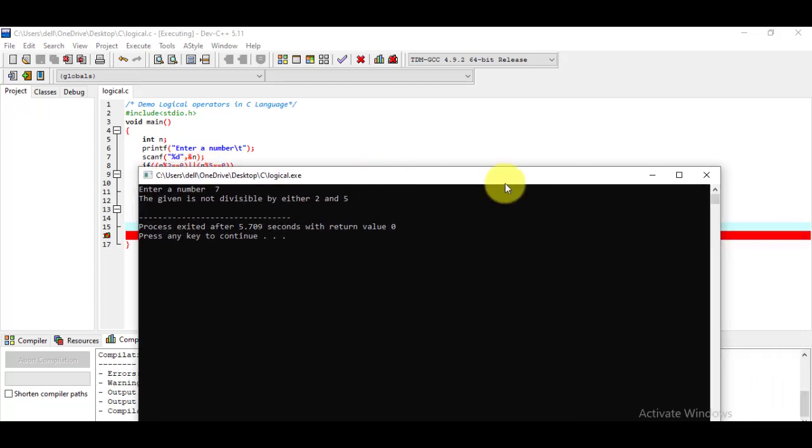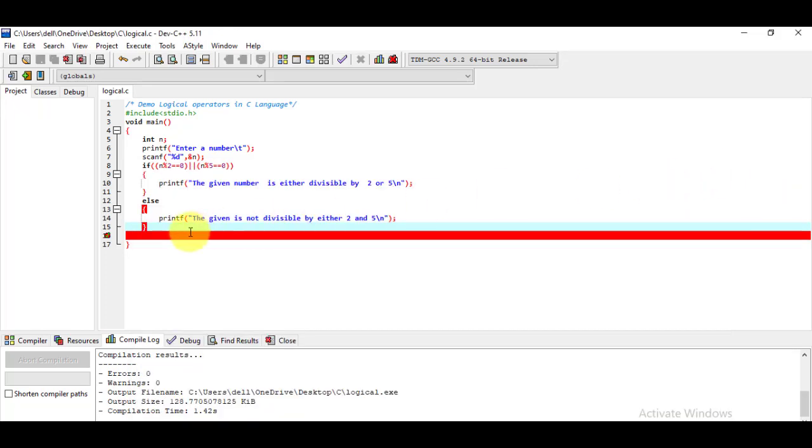So both are opposite to each other. Now we have to use the NOT operator. So how can we use NOT operators?